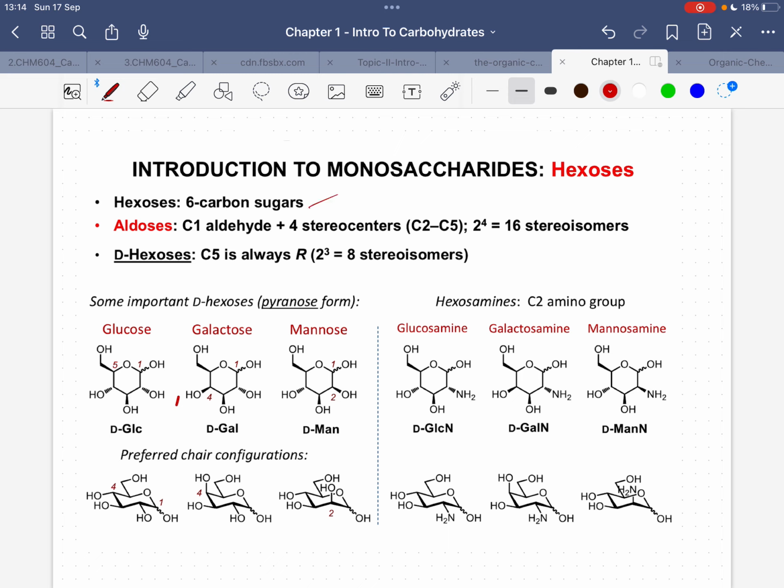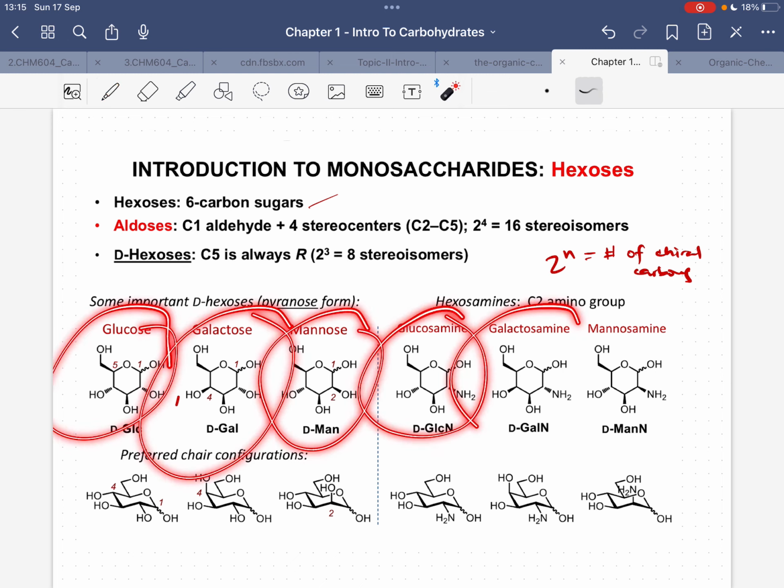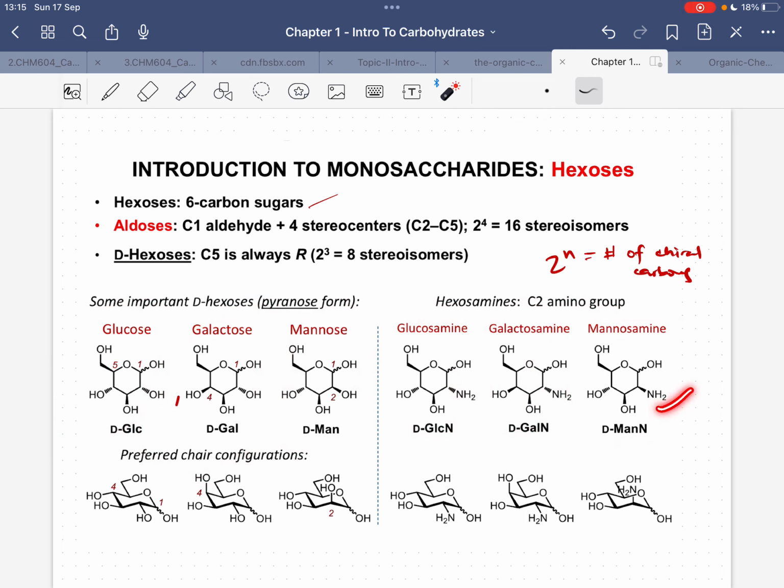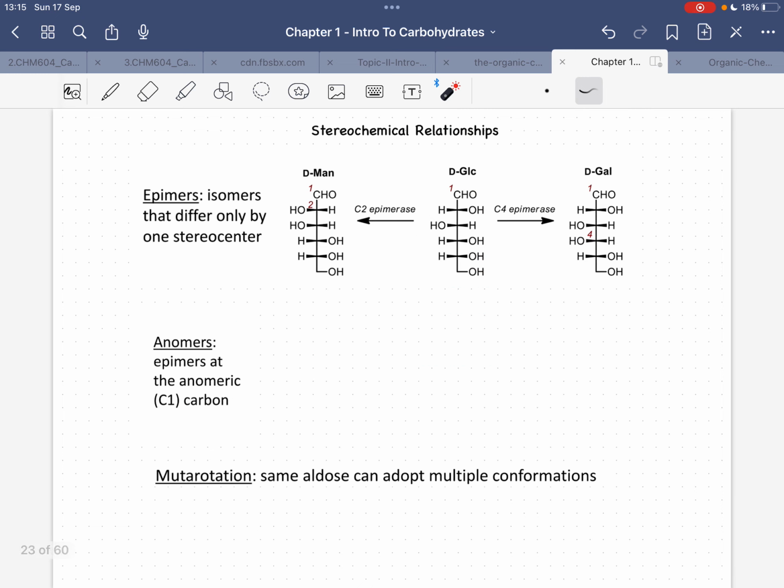So, they also have stereocenters, no? And the number of stereoisomers is given by the formula 2^n, wherein n is the number of chiral carbons. So this is the general formula to identify how many stereoisomers are present in one molecule. Okay? So, here are the common monosaccharides. Here, 6 of them with their structures in Fischer and chair conformation. Okay. So, in here, there are stereochemical relationships for monosaccharides.